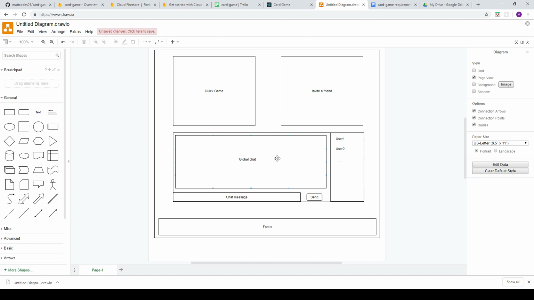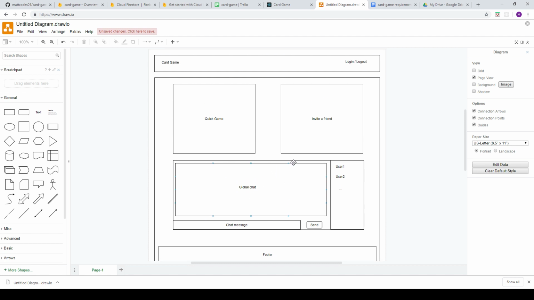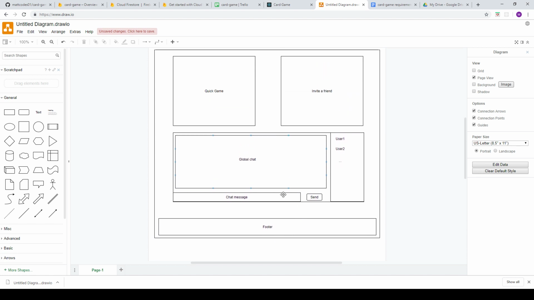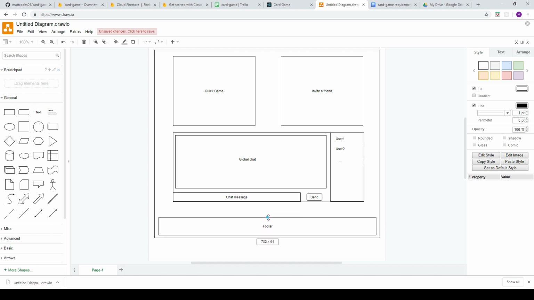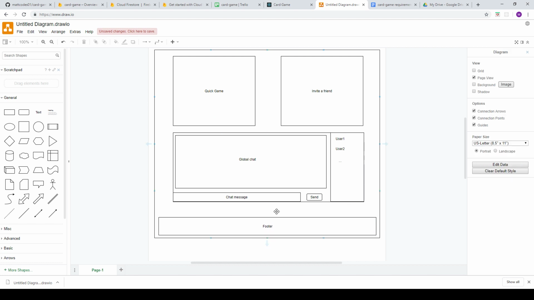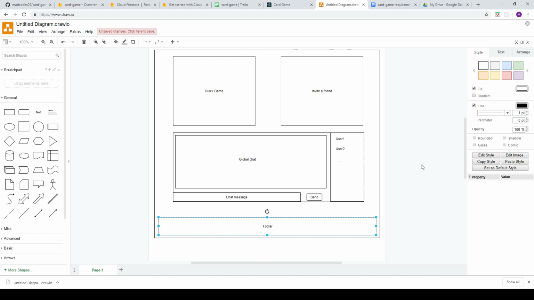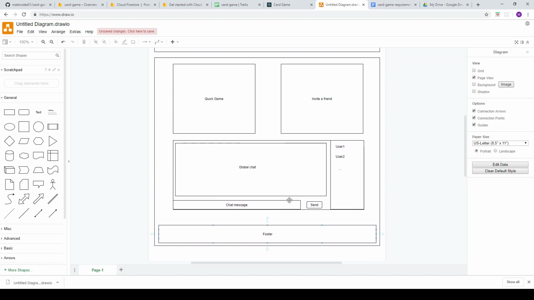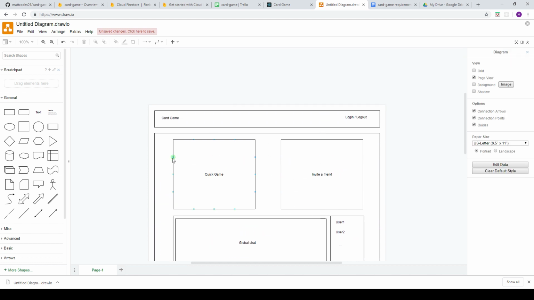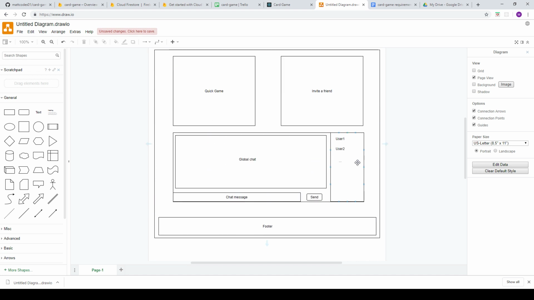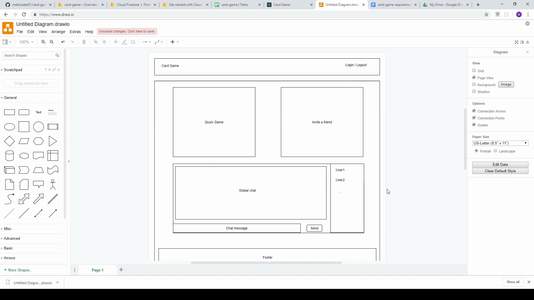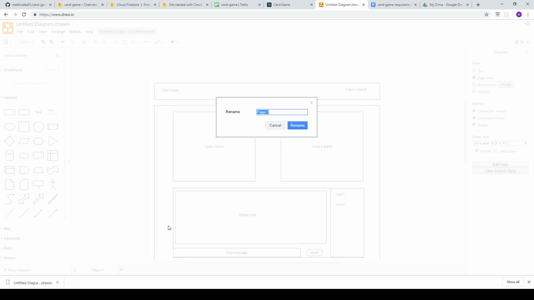I'm wondering if I should have a way to view games. Who really cares though? Who would watch someone else play a card game? I don't know. I don't think anyone would. So, all right, that's good. Good enough. Very simple. A quick game. Invite a friend. Chat room, and then. All right. So this is main,